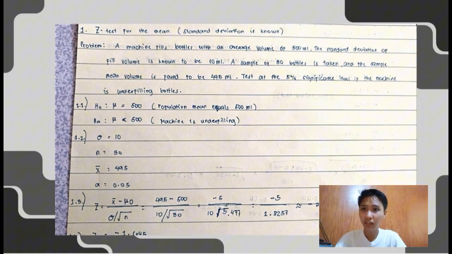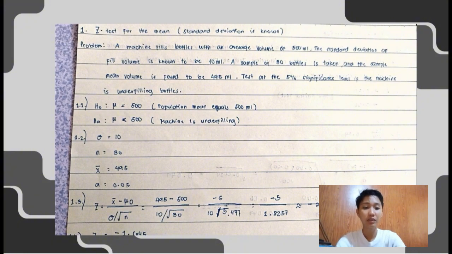So first, we're going to identify the hypotheses, the standard deviation, the sample size, the sample mean, and our significance level. As you can see in our PPT, our null hypothesis is population mean equals 500 ml, and our alternative hypothesis, the machine is underfilling, is population mean is less than 500 ml. Then our standard deviation is 10, our sample size is 30, our sample mean is 495, and our significance level is 0.05. To calculate the test statistic,